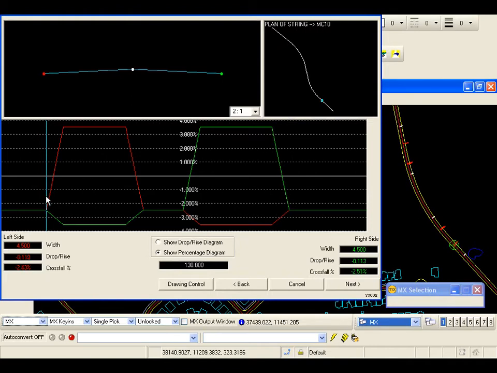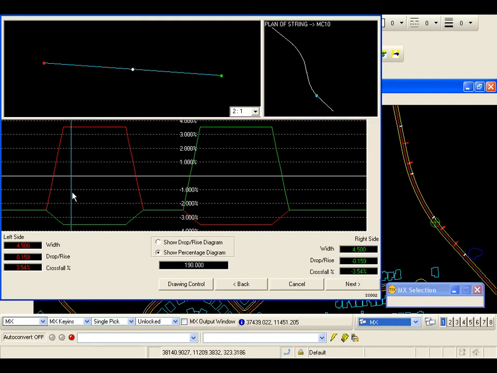I then start applying the superelevation application over the transition length, which is pivoting the left channel up and the right channel down, and I eventually reach the start of the curve where I've got full superelevation, and I can see my values both in width, drop, rise and crossfall, also chainage. I've got a green symbol on the plan drawing on the right hand side showing the horizontal tangent point, and